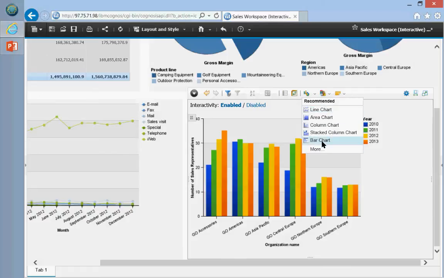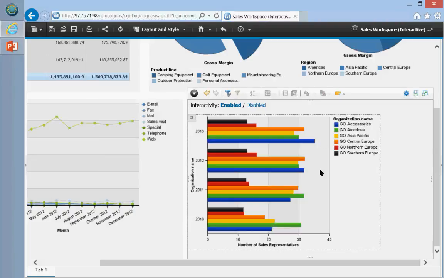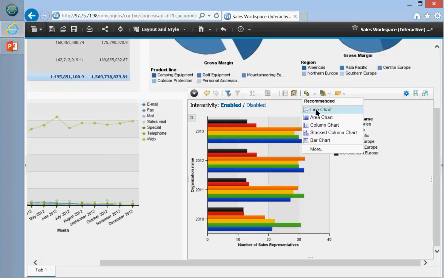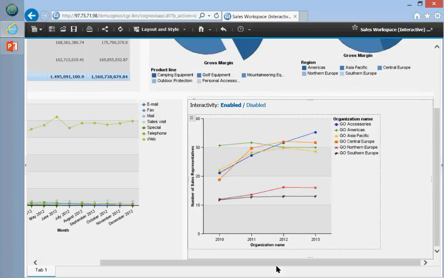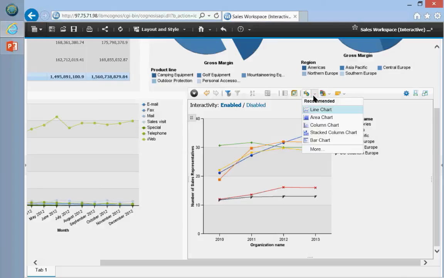Let's say I change this to a bar chart, the same information is available to me in the form of a bar chart. If I click again and say, okay, no, this time let's try a line chart, I'm looking at the same information in a line chart. Let's say I want to see what else is available. In this section I'm only getting the top 5 choices, but if I click on more,